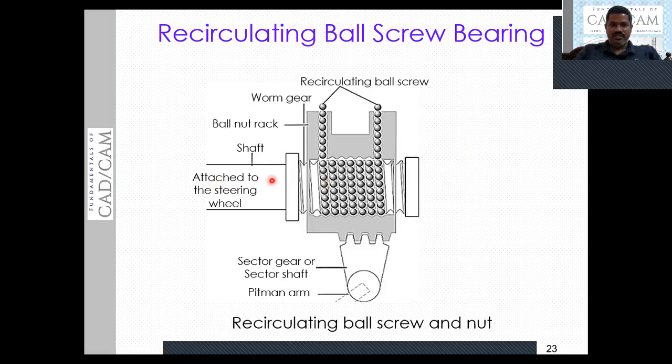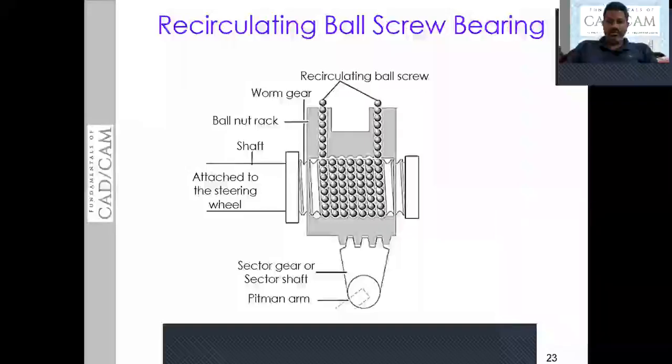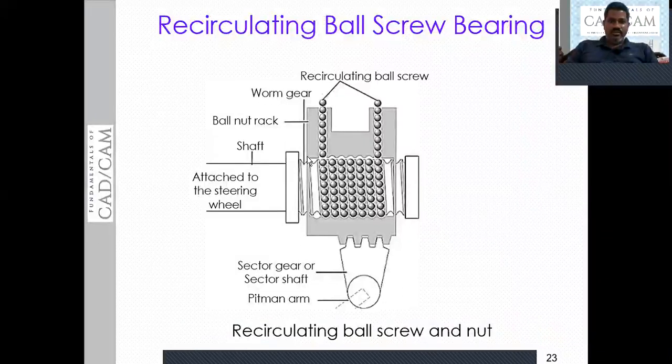As you can see here, you have a shaft, and on the shaft we have the teeth. Spherical balls are introduced in the gap in the teeth of the screw on which the nut is provided.